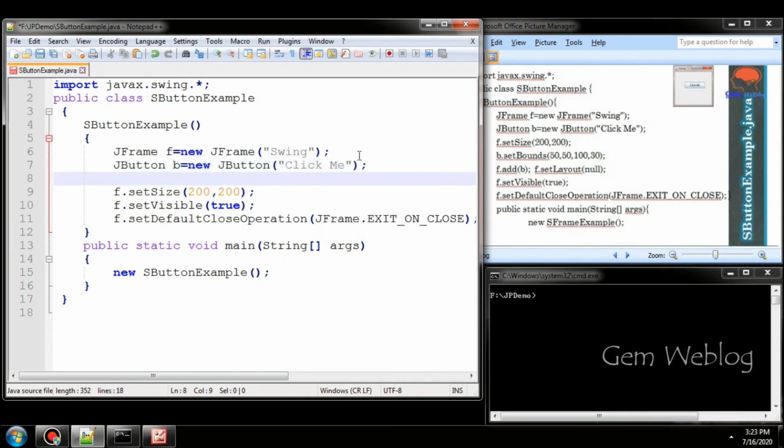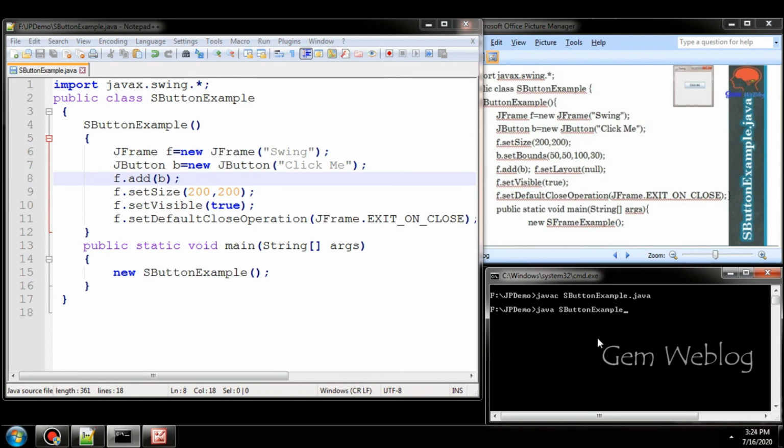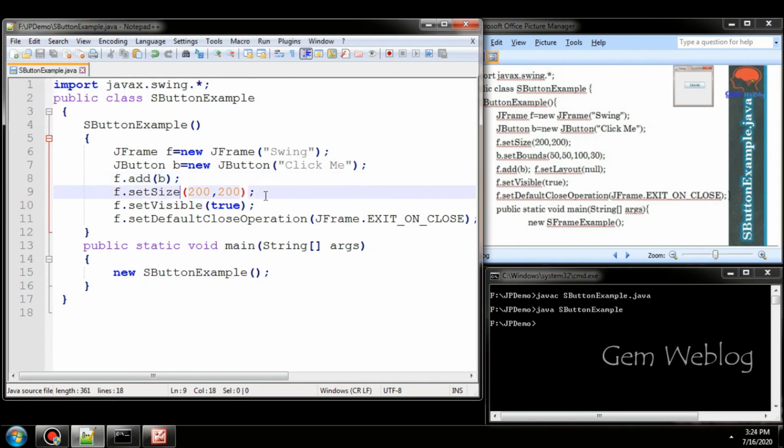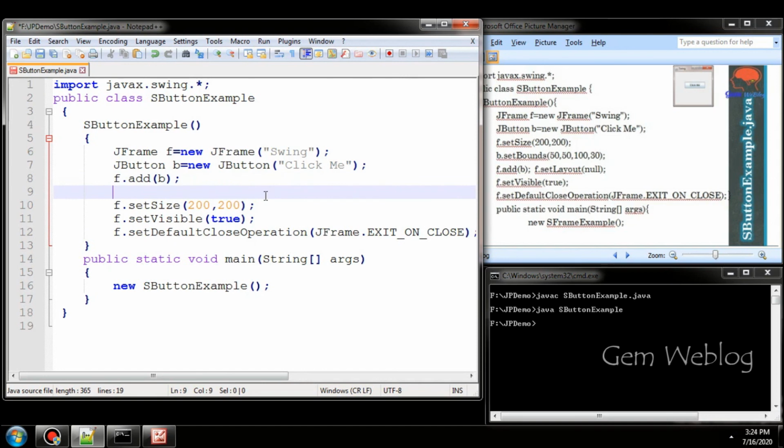Once it is created, I have to add that component into the container, otherwise it will not be visible on the screen. So now I have created it and added it. Now the button has been added to the container. I am not going to apply any layout, so I am setting the layout to null.